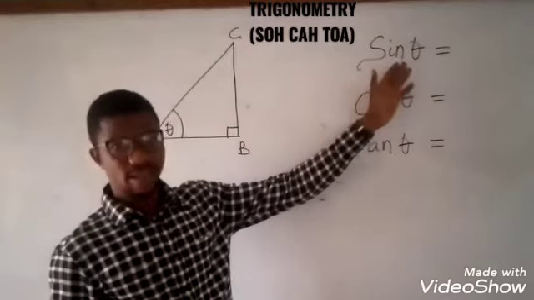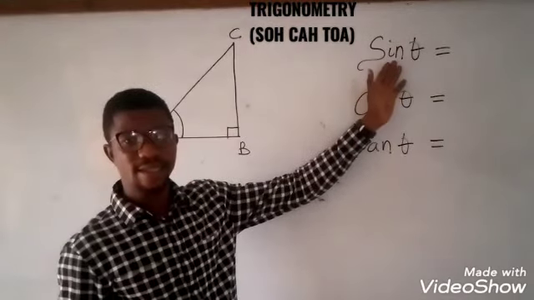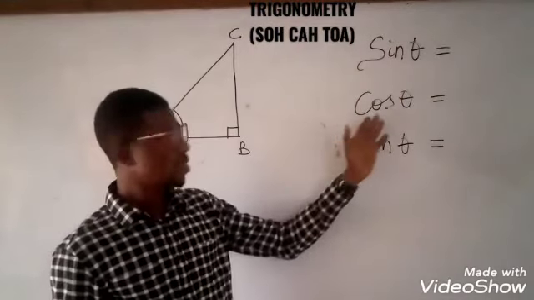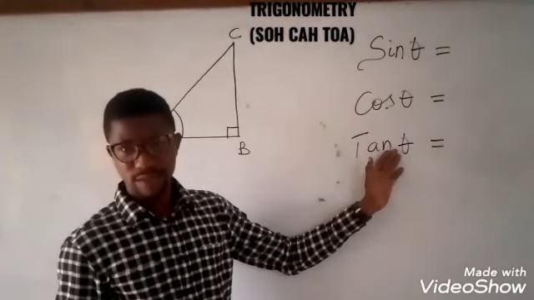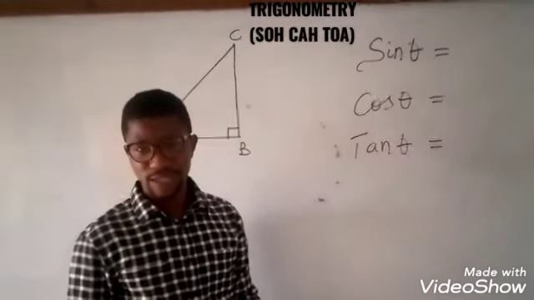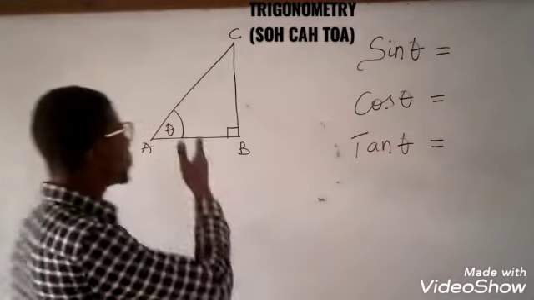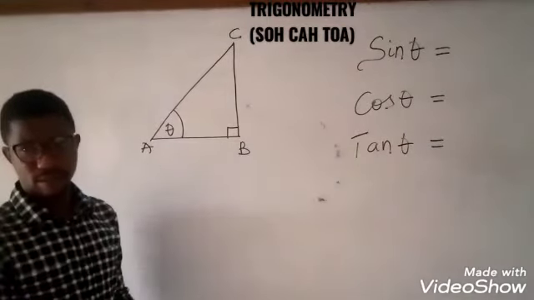Sine, which is shortened as this, sine theta. We have cos, which is this, and we have tan, all with respective angles. Considering this right angle triangle,